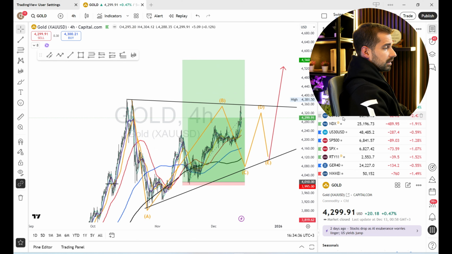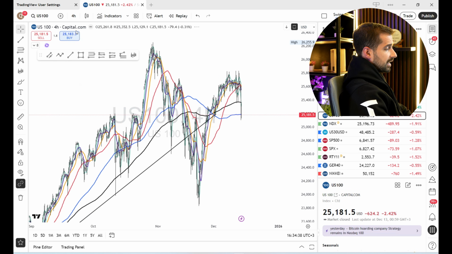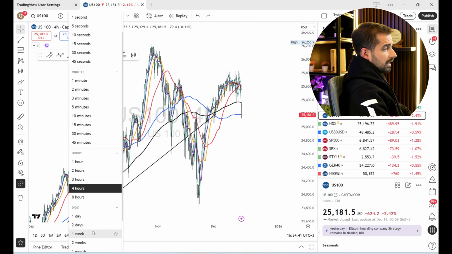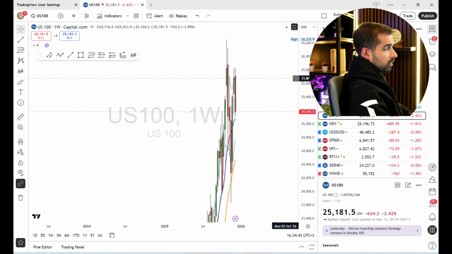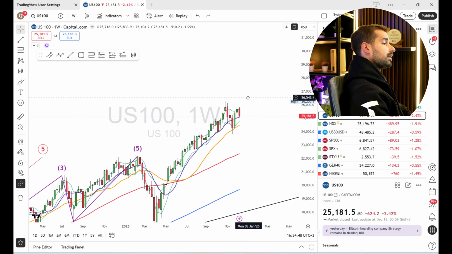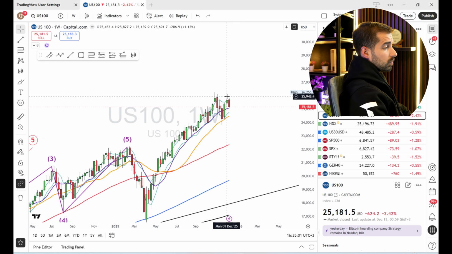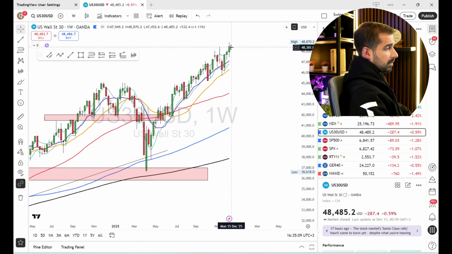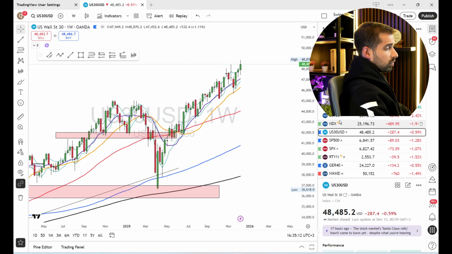Let's finally take a quick look at the NASDAQ, because NASDAQ last week, or on Friday, lost so much because of a company called Broadcom. They lost 11%, and it took everything else down with it. Nvidia lost 3% or even slightly above 3% on Friday alone, which caused the Nasdaq 100 to close bearish. Although the Dow Jones closed positively and made a new all-time high last week, but the US 100, which is the